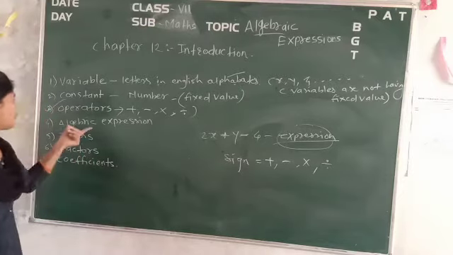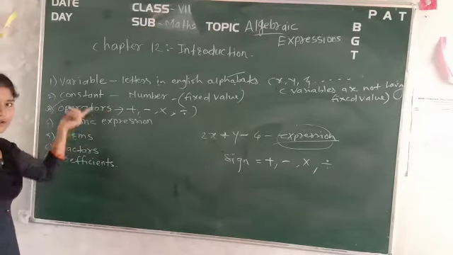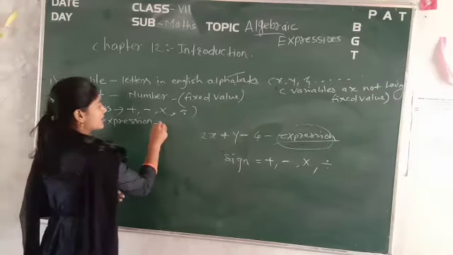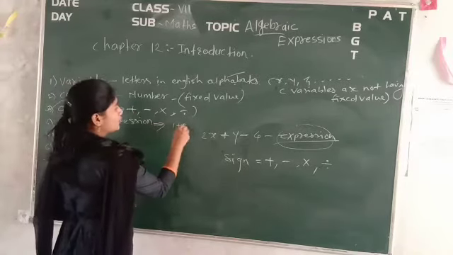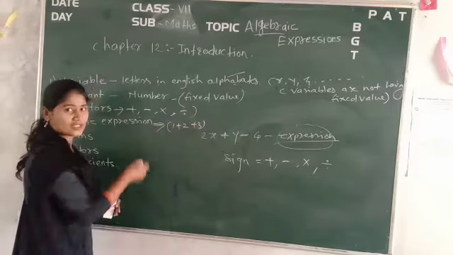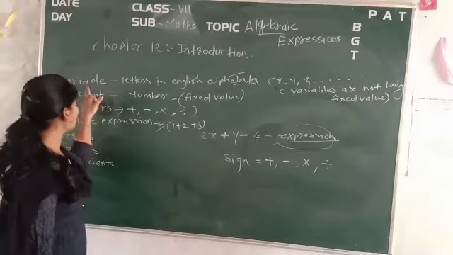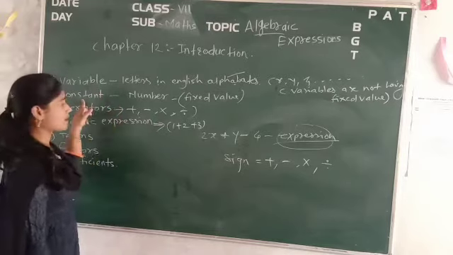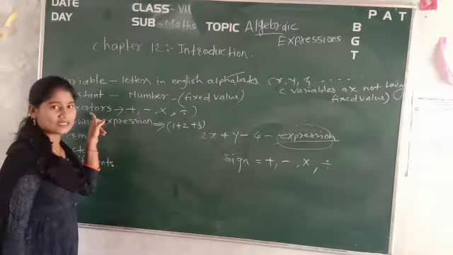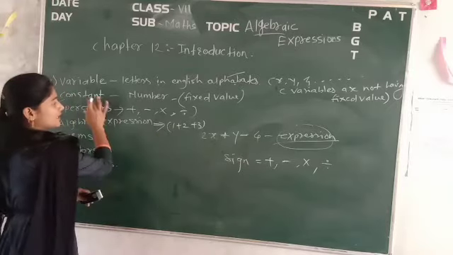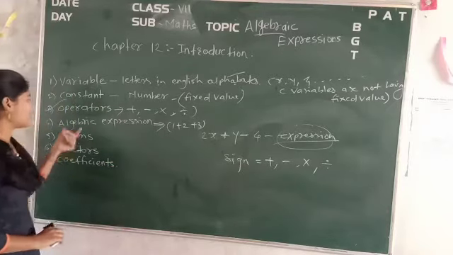Now apart from this, you have understood that the combination of these three will become the algebraic expression. You can say combination of 1 plus 2 plus 3, meaning first rule, second rule, third rule. It is not 1 plus 2 plus 3. Remember, 1 means variable, second means constant, third means operators. This sequence is like that. So the combination of these three things we call an algebraic expression.